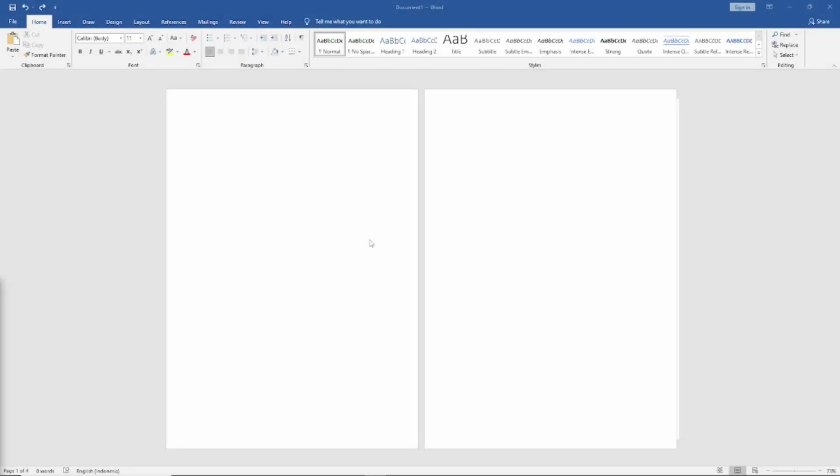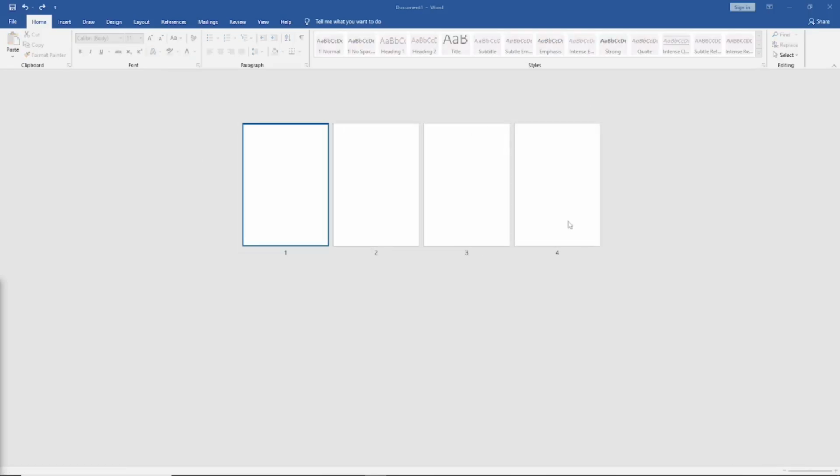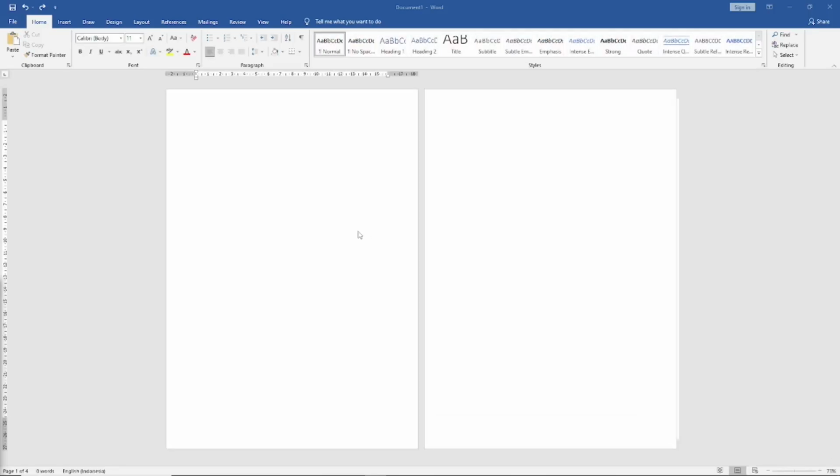Hello everyone, today we are going to learn a basic Microsoft Word tutorial: how to number pages. As an example, we have 4 pages in this document, and if you want to add numbers to the pages,